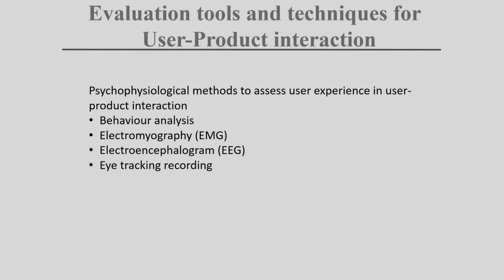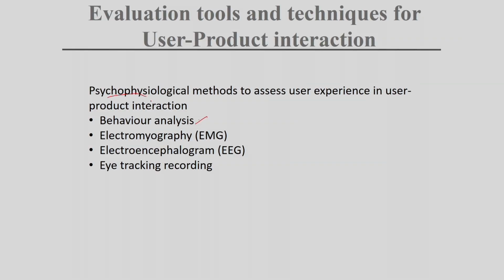Now just going to the psychophysiological methods, which are very important nowadays in new marketing and this thing. Just for an example, maybe when we are going to a mall, or maybe you are going to buy a juice. On a rack or shelf so many types of juice are displayed. Mostly if you see something with very different packaging, it attracts you. If a unique product design is there, how you behave if it is the first time you are seeing it, that is important in behavior analysis.